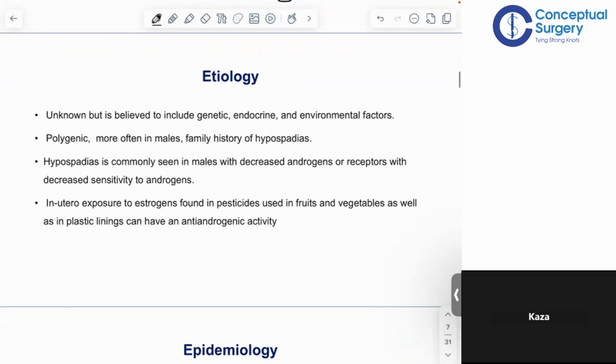Now, it's a common condition, like I said. What is the etiology? How common? I'll show it to you in epidemiology. What is the etiology? So etiology is supposed to be genetic, this is one, endocrine, and environmental factors. The genetic factors, it is polygenic, more often in males. Like I told you, females don't have this problem. So more often in the male, it's a polygenic thing. What is the